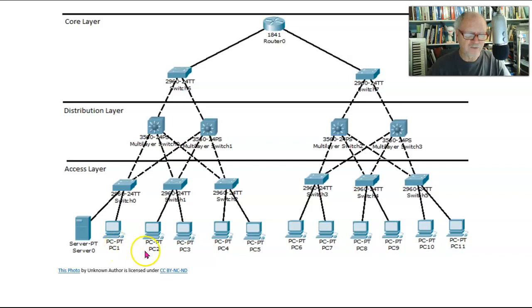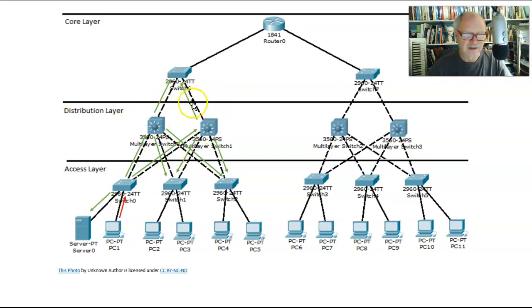So now PC1 wants to talk to PC2, but these switches don't yet know where the other switches are. Or it could be that it's sending out a broadcast. Either way, this happens. So PC1 sends out either a broadcast or a request to talk to PC2. Switch 0 doesn't know where PC2 is, and so it forwards the frame out, or forwards a request out, depending on what the situation was, on every port except the port on which it came in. Well, these three switches in turn now forward out something to every port except the port on which that came in.